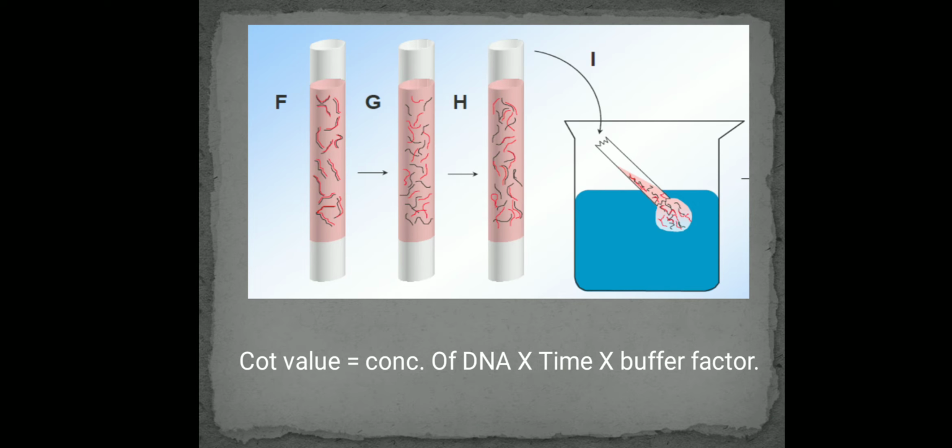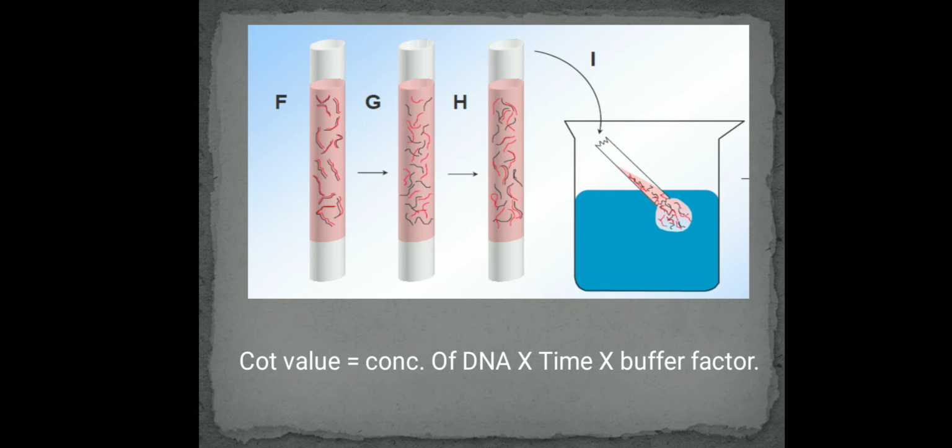Now you have to take the ampule in which the DNA is there. That ampule, you're going to subject it to heat. When you subject it to heat, what happens? Denaturation of the DNA is going to take place. So what is denaturation? The double-stranded DNA will get converted to single-stranded DNA. So that is the denaturation.